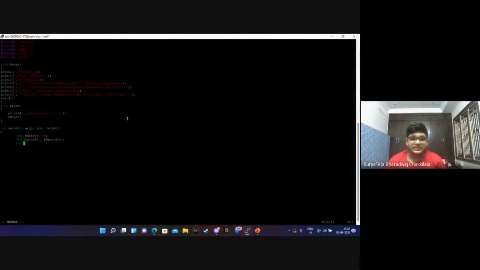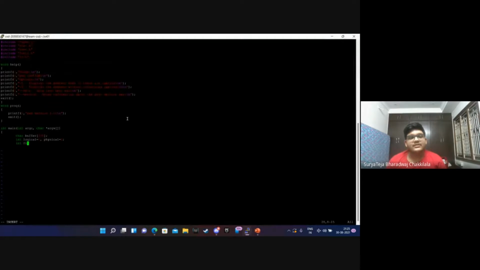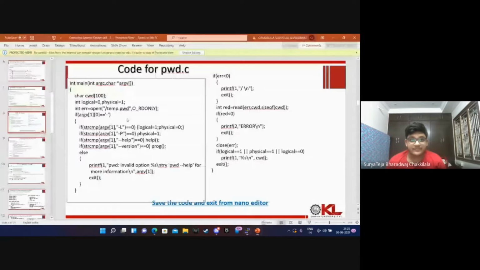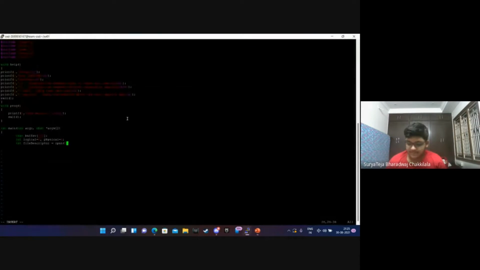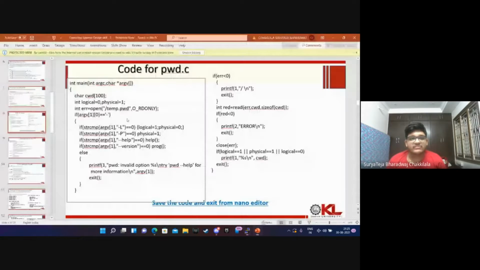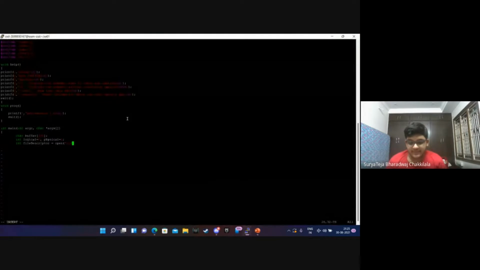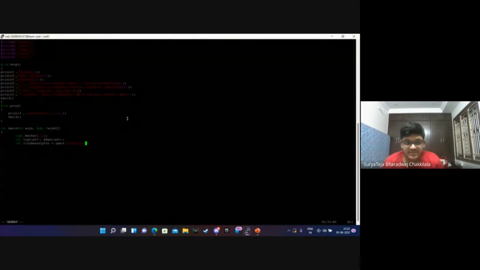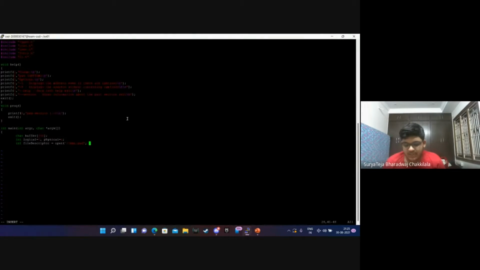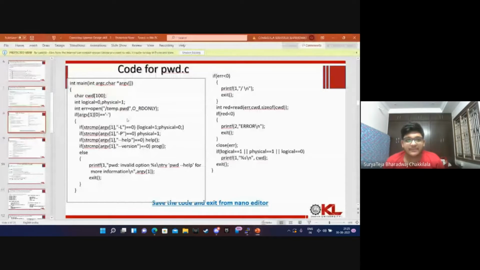Okay, so int file descriptor equals to open on slash, which stands for the root directory, slash tmp slash pwd. This is the temporary information where we'll be storing the current working directory, O_RDONLY. We'll be reading that temporary file.